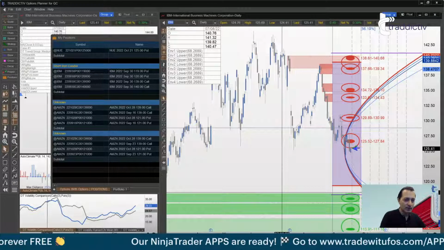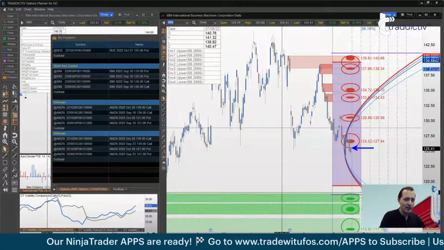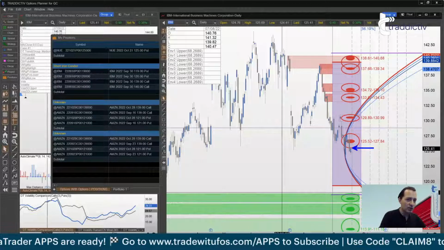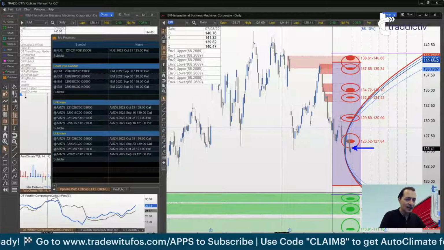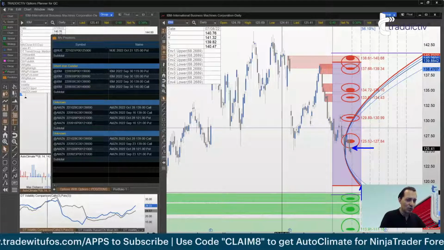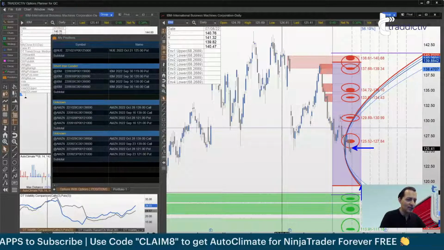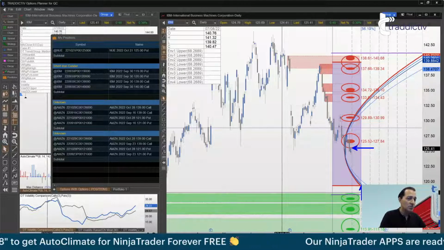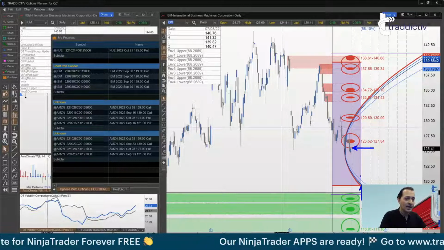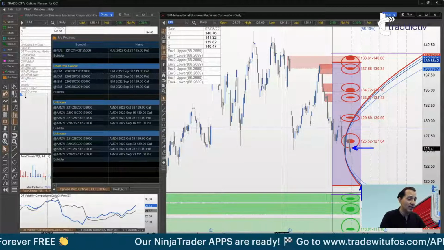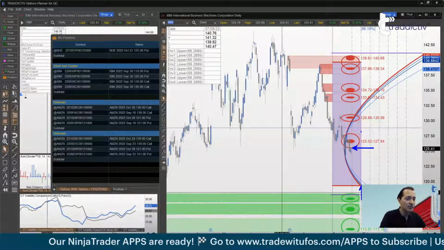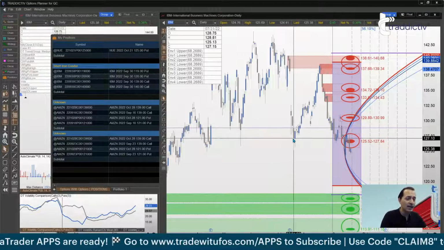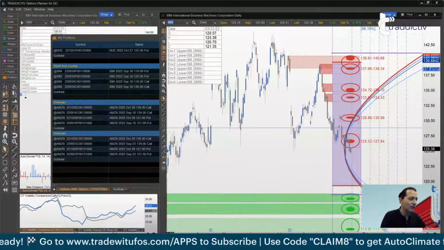We are inside the purple area. Statistics suggest that if we cross the purple line, it's going to be after the expiration date that concludes our trade, which is that purple line, that dotted line. So far, all looking good. Nothing to be done. Probably we'll get into next trading week, and if anything needs to be done, it's going to happen next week. Hopefully not, and this trade will be a full profit.